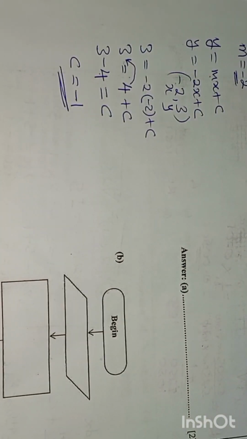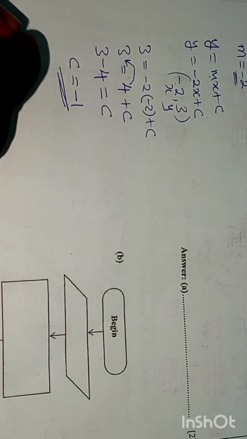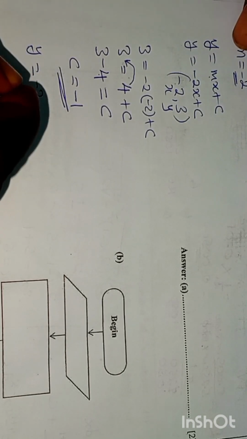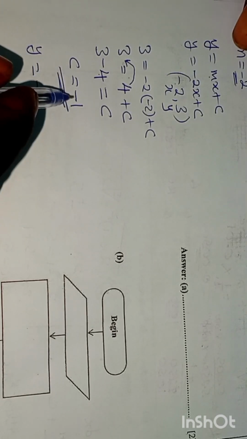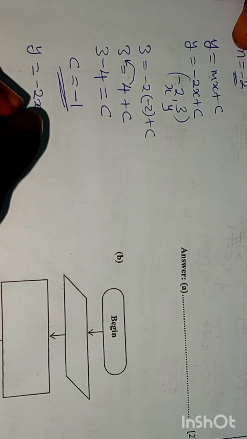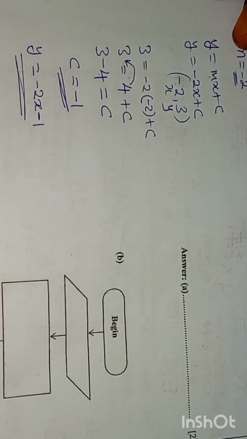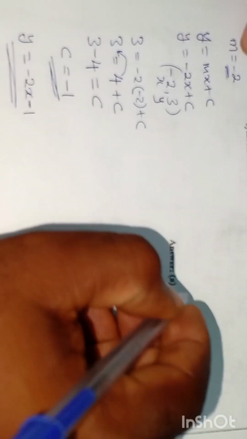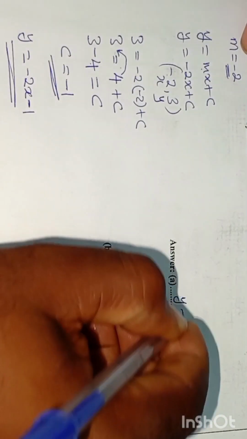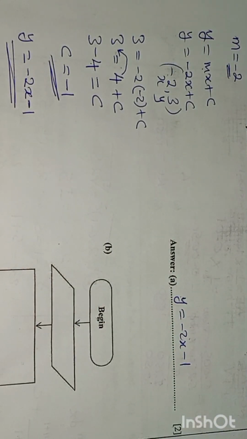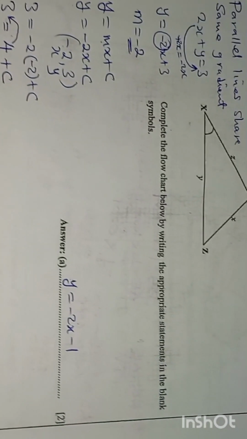So the equation of a straight line now is y equals, gradient is negative 2, minus 1. So the y-intercept is negative 1. That is the equation of a straight line: y equals negative 2x minus 1. Part B,